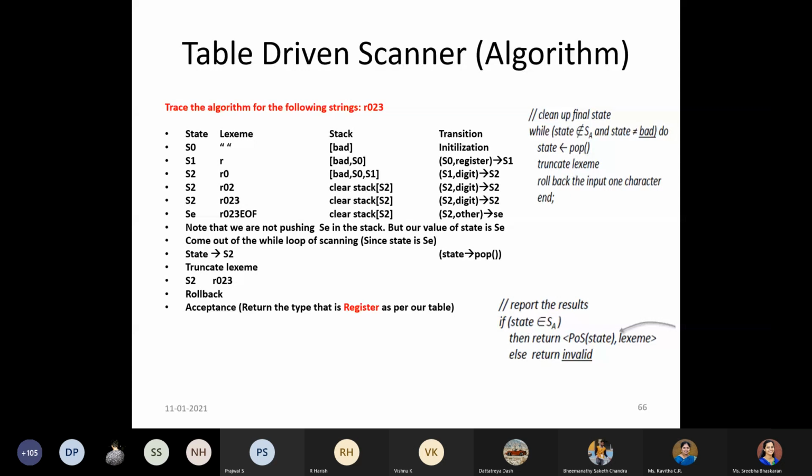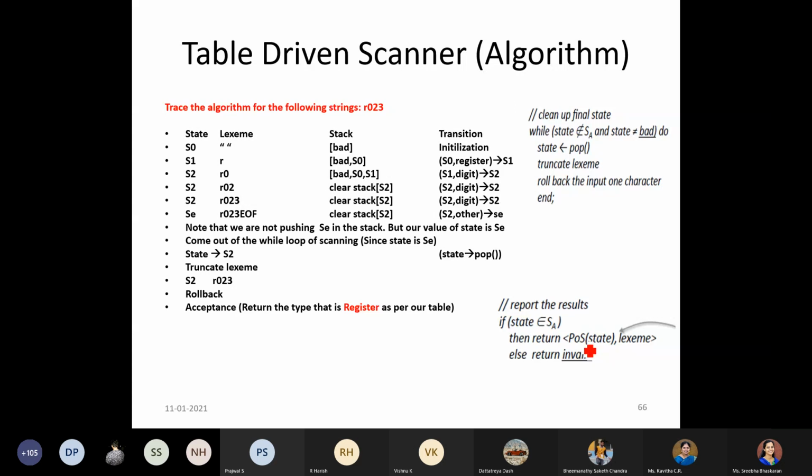Table-driven scanners have to maintain certain tables. It maintains 3 tables. The first table is for categorizing the contents of the DFA. The second table is the transition table, which is a 2-dimensional array. The third table is again a 1-dimensional array where it maintains the details of each state: once you reach a particular state, what token you have to return.